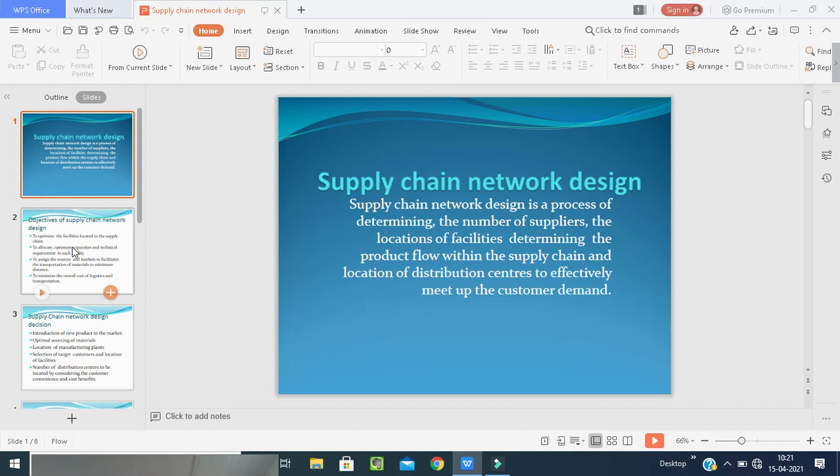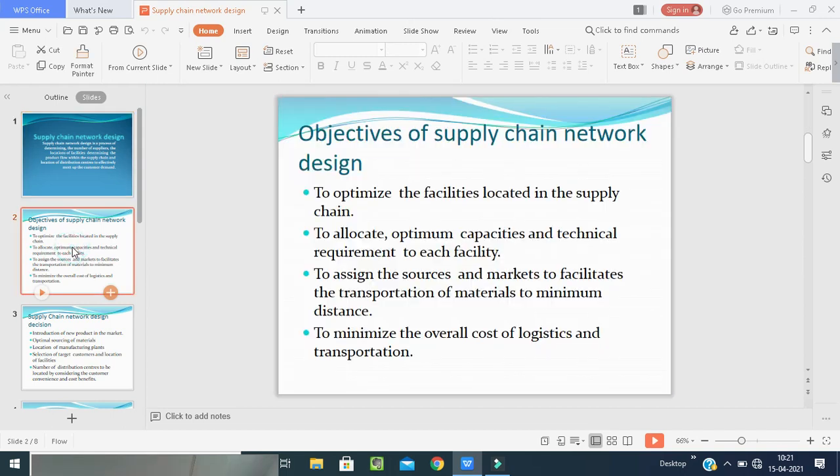Next, objectives of supply chain network design. The first thing is to optimize the facilities located in the supply chain, to allocate optimum capacities and technical requirements to each facility, to assign the sources and markets to facilitate the transportation of materials to minimum distance. Last one, to minimize the overall cost of logistics and transportation. So these are the major objectives of